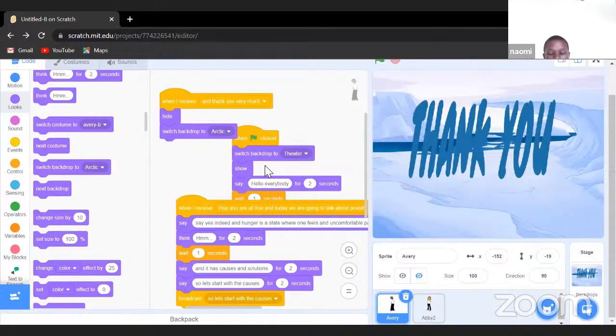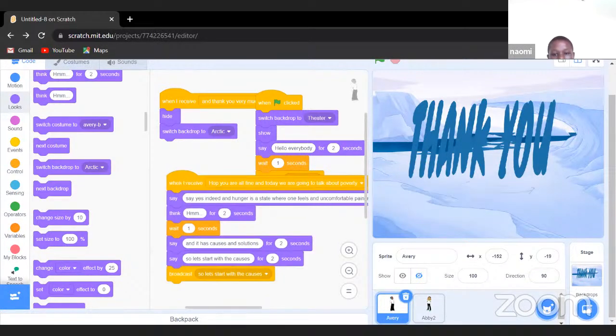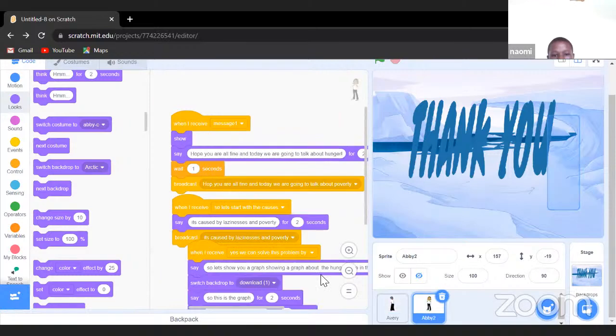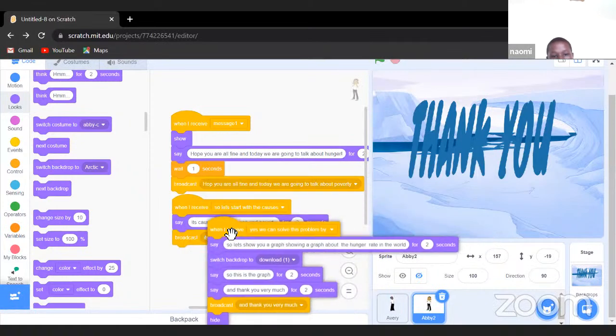So when I'm actually using broadcast in my code, it's mostly because Avery is the main character. In my class I was told that after saying a message, the broadcast message is the one which always comes last, so that it's well displayed and broadcasted to the second sprite. And whenever I'm broadcasting, most times I change the background.